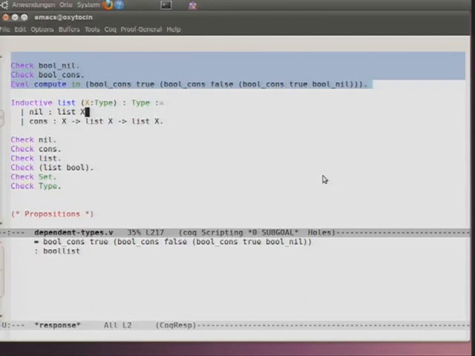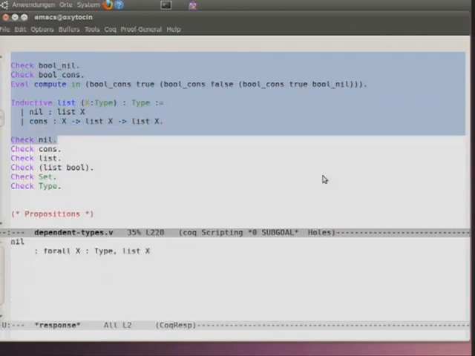And we can use that x as a bound variable in here in our definition. And then we see that nil actually is for all x of type, a list for that x. So if we pass that a type bool, then nil bool will produce this nil for a boolean list,